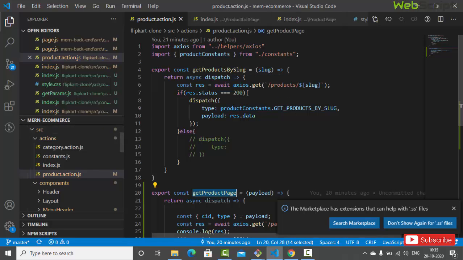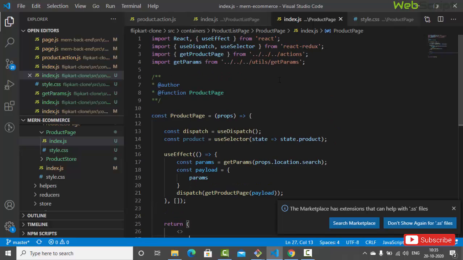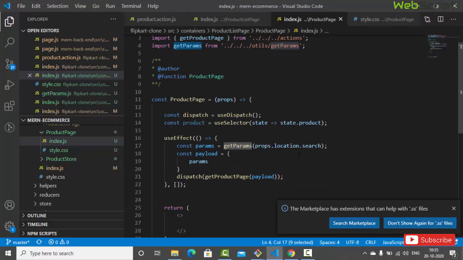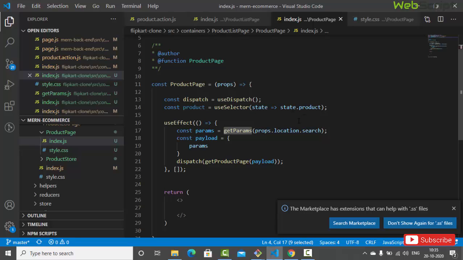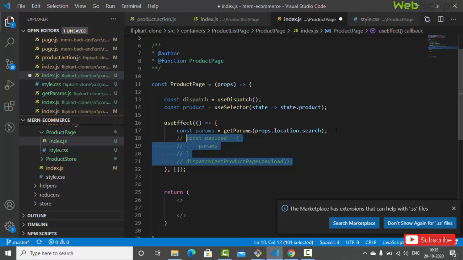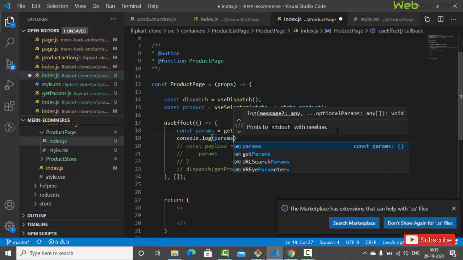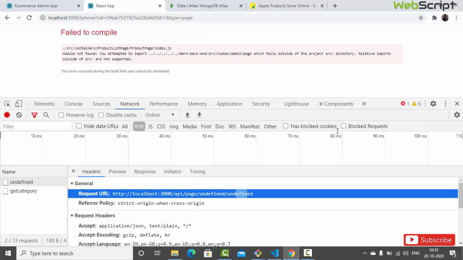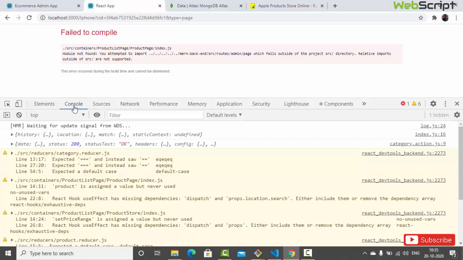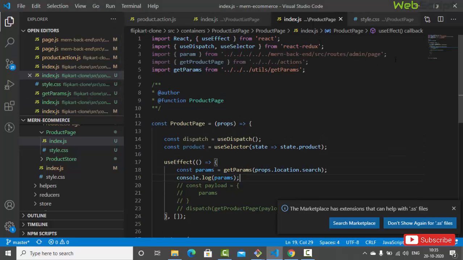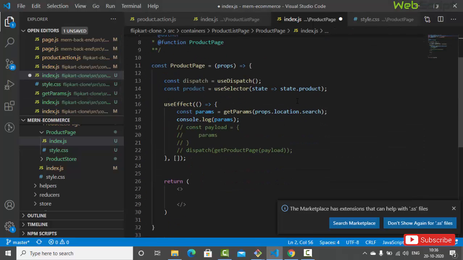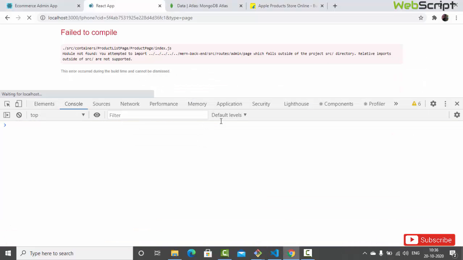Okay, let's go and check your product page. Get params is here, and over here we have props.location.search. Okay, let's comment out console.log, we'll say params, you imported something which is okay, by mistake it is getting imported just because we are writing params, right? Save,